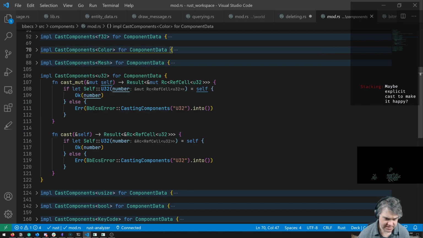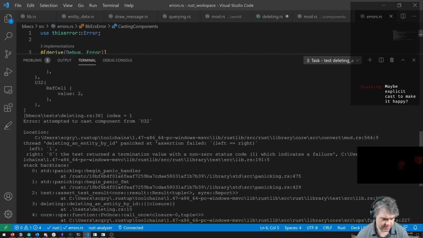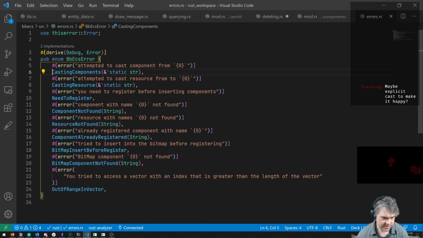This is just cast. We're going to give it a result, an Rc RefCell U32. And this casting component is U32. Attempted cast component from. Is that the error that we got? Yeah, okay.